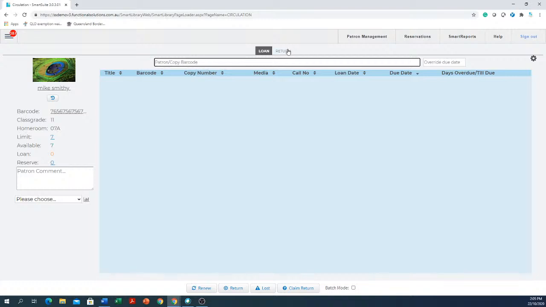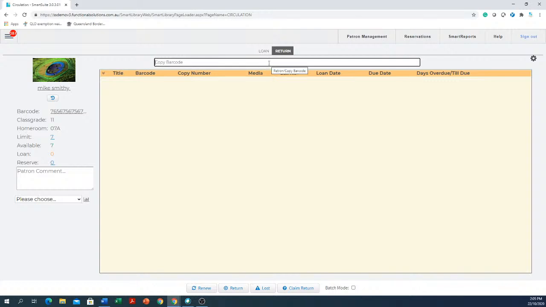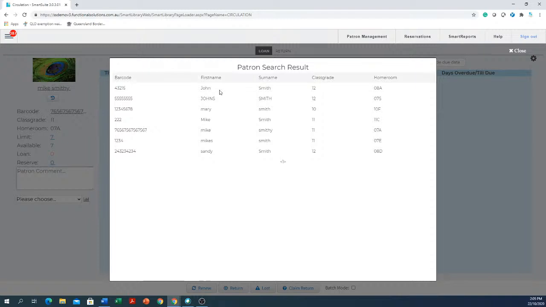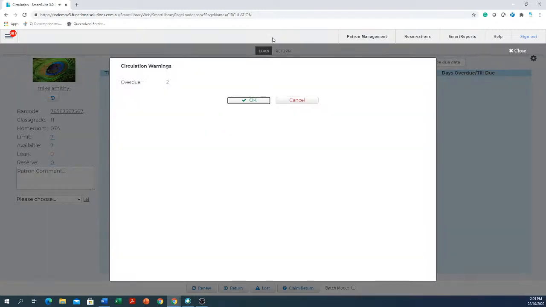If you want to return books, you just click return, go zap, zap, zap, zap, zap, zap, zap, return all the items in there, and then go back to loans and just carry on. And that's all there is to circulation. Okay, now if you call up a patron, okay, Smith, and I'll bring up Mike Smith, if there are reasons